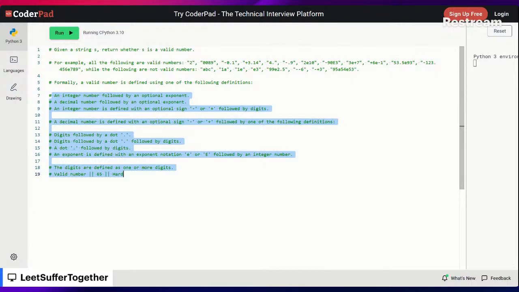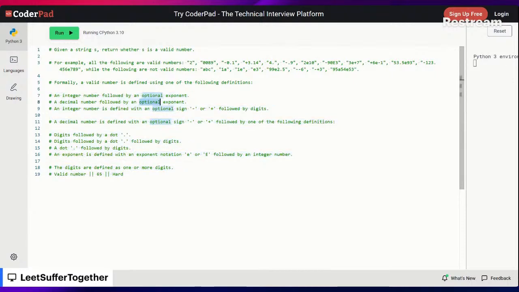So we can use these rules as our guiding point. An integer number followed by an optional exponent, a decimal number, optional negative or positive,